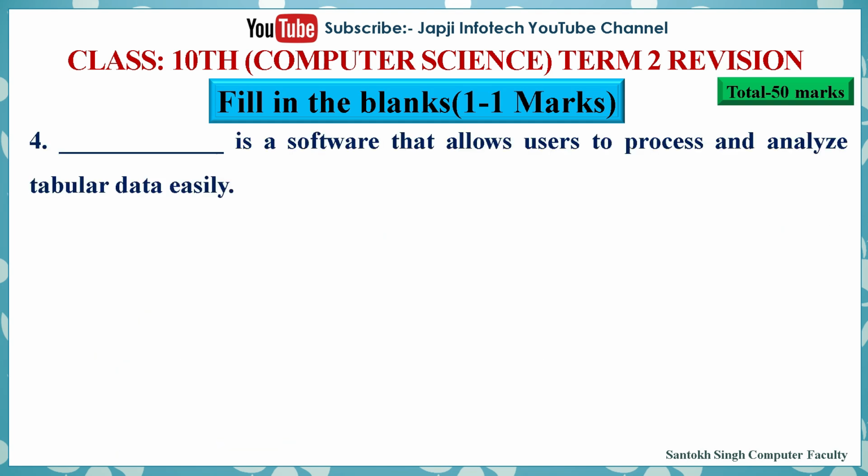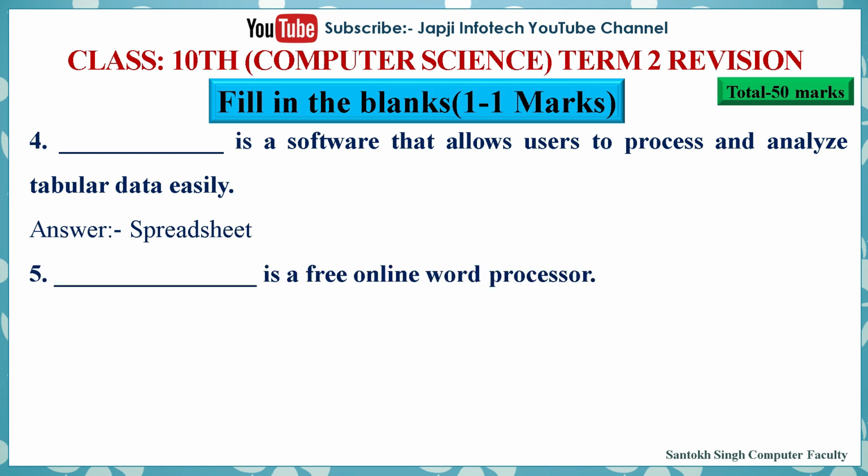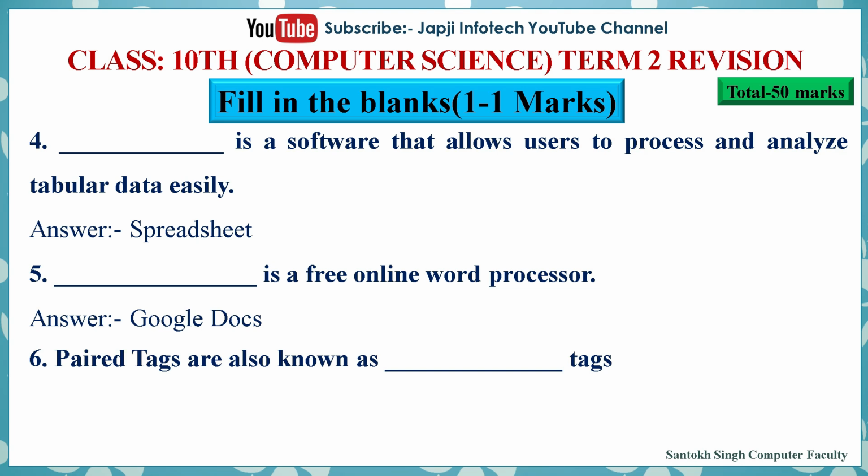And fourth question is, dash is software that allow user to process and analyze tabular data easily, and the right answer is spreadsheet is a software that allows user to process and analyze tabular data easily. And fifth question is, dash is a free online word processor, and the right answer is Google Docs is a free online word processor. Sixth question is, pair tag are also known as dash tag, and the answer is